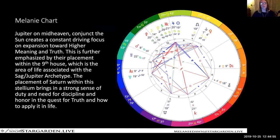So Jupiter is on my midheaven, conjunct the Sun, and it creates a constant driving focus, obsession even, on expansion toward higher meaning and truth. This is further emphasized by their placement within the 9th house, which is the area of life associated with the Sagittarius Jupiter archetype. So the placement of Saturn within the stellium